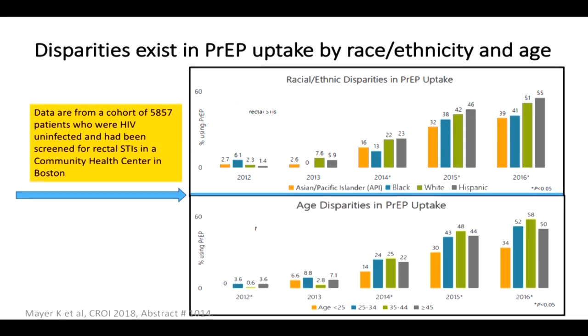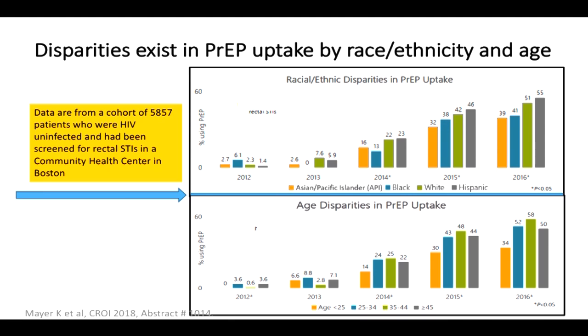So I thought it was important to share with you some real-world observations so that it's clear that even with the early implementation and rollout of PrEP, it's becoming apparent that there are certain risk groups that are not being reached as well as others. So here's a slide from the Fenway group in Boston. And what they did was they looked at a cohort of